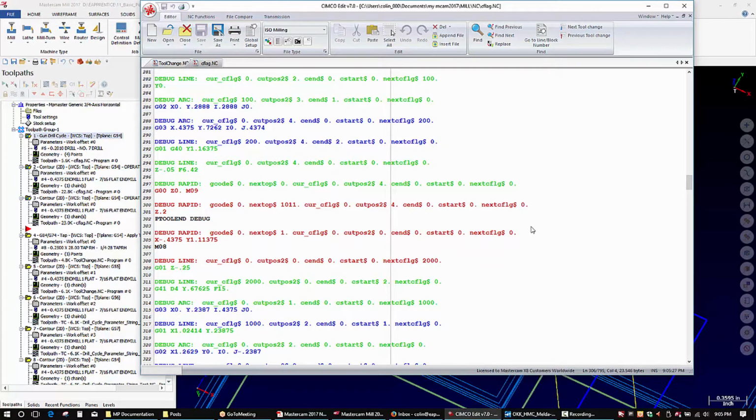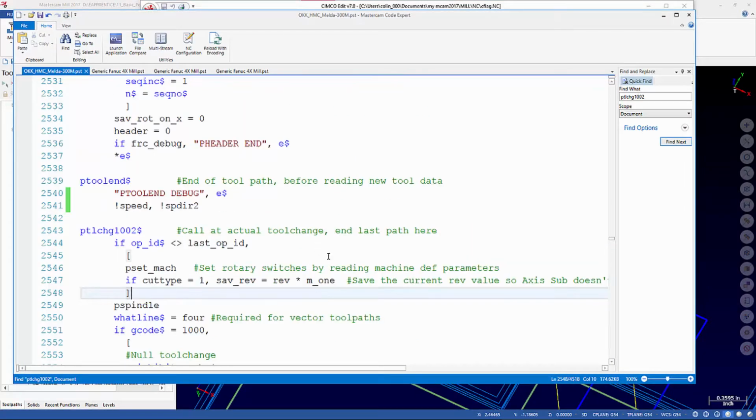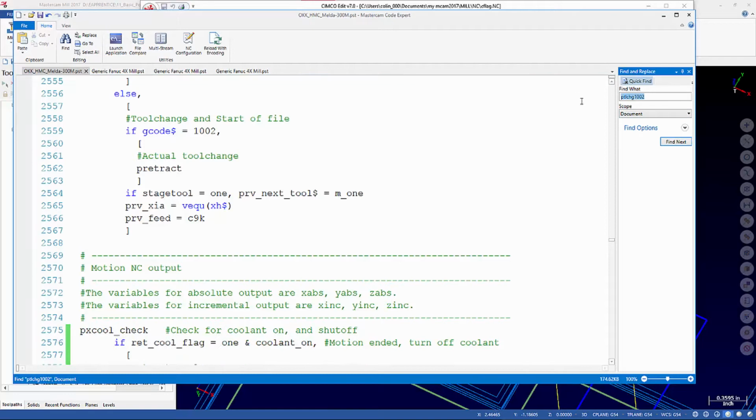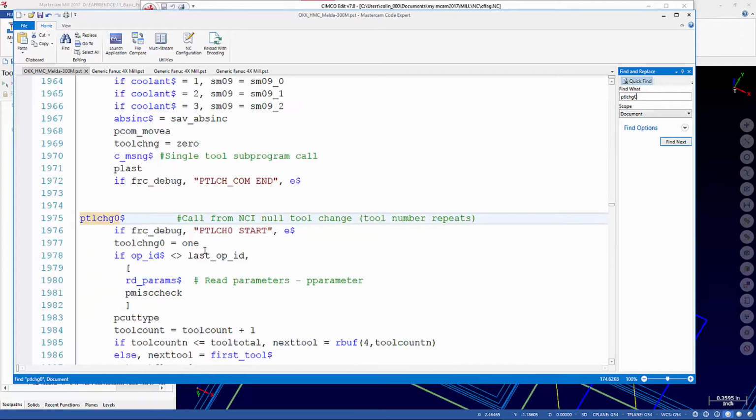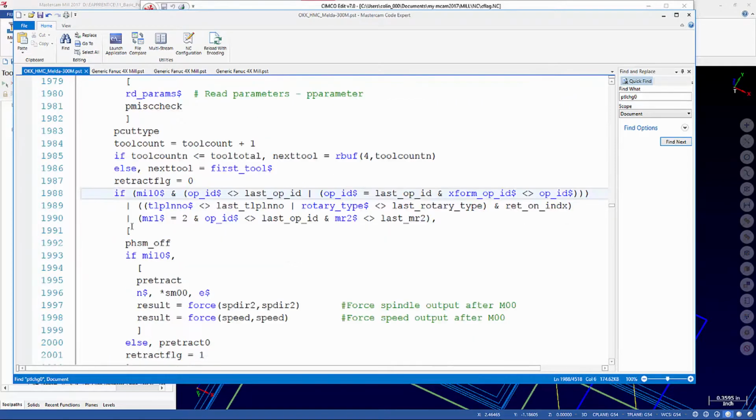And one of the things you'll see if you look in the MP master post, if we go to the null tool change post plot, you can see that there's actually quite a bit of pretty complex logic to determine if something has been turned on and needs to be turned off,